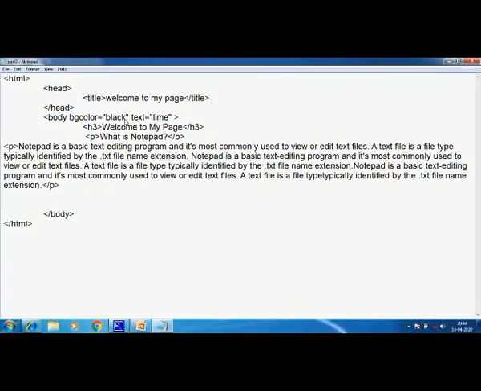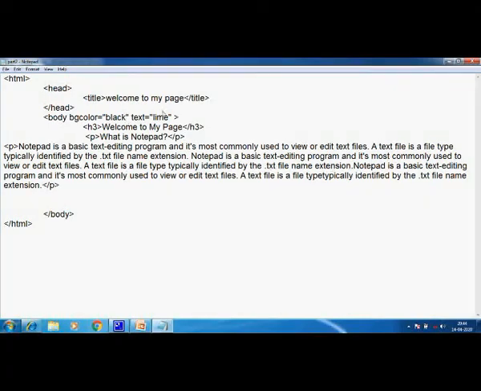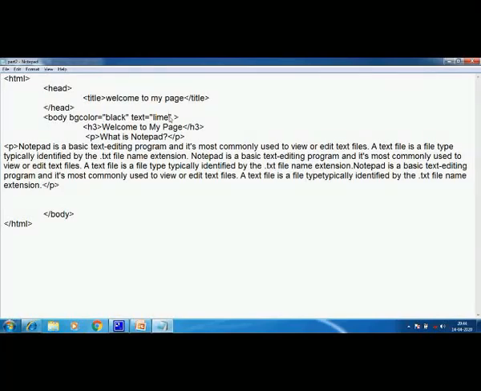We can also directly write down the hexadecimal code over here. Like if I want black, the hexadecimal code is 000000. I'll make it white.